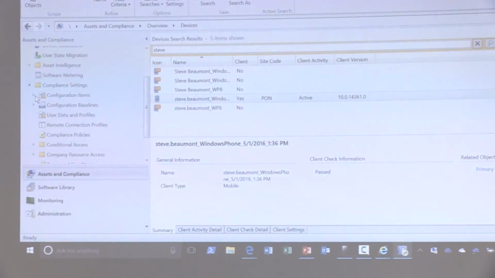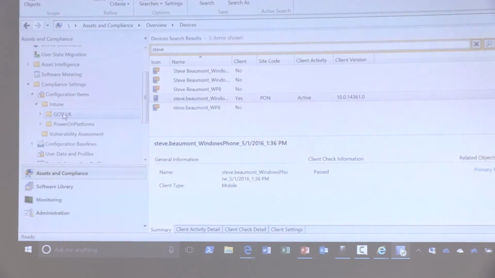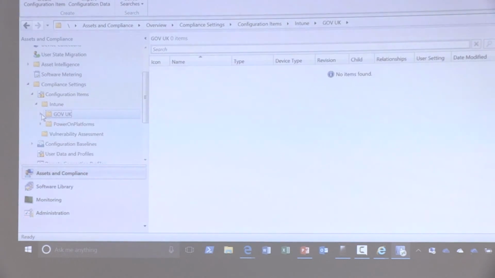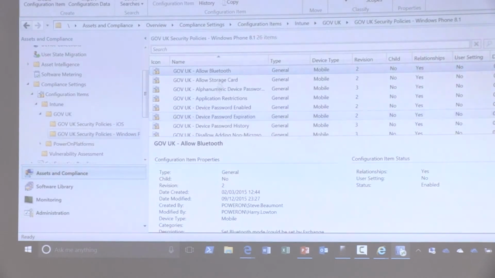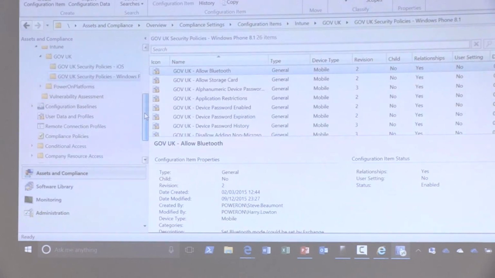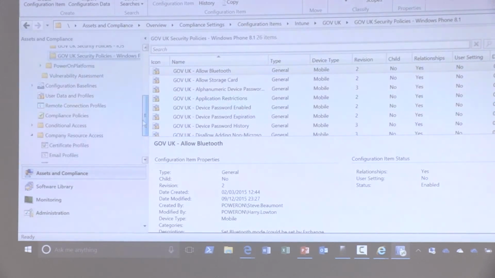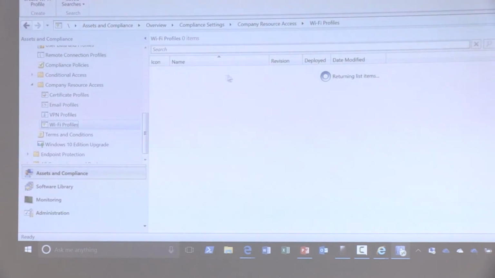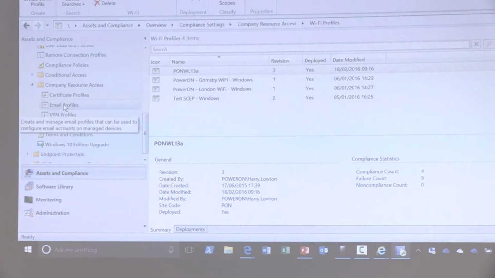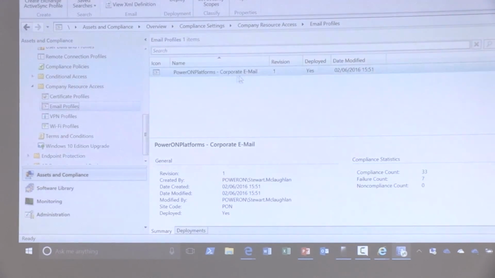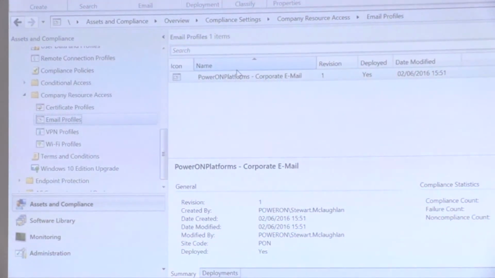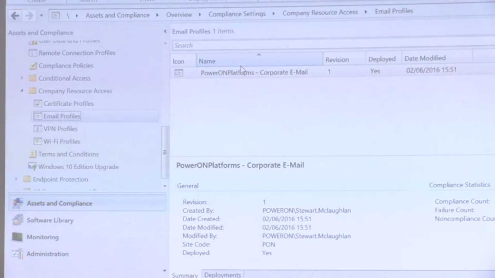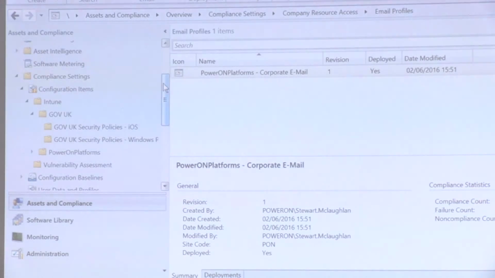So all the control that we have in terms of turning off things like cameras, so we might decide that we want to disable cameras, iOS or Windows phones. Bluetooth might be disabled. We need to enforce different lengths of passwords. We can build up all the individual item settings that we want to push out alongside resource access to things like maybe we want to push out the Wi-Fi policies for the different areas of the business, or what's our actual corporate email configuration. So we can build up an entire package of how we want those phones to be configured and roll it out to the end users when they're enrolled into the different system, along with deciding the types of applications